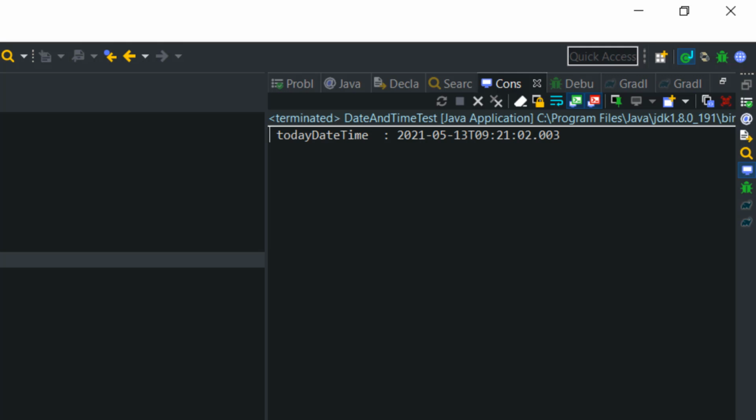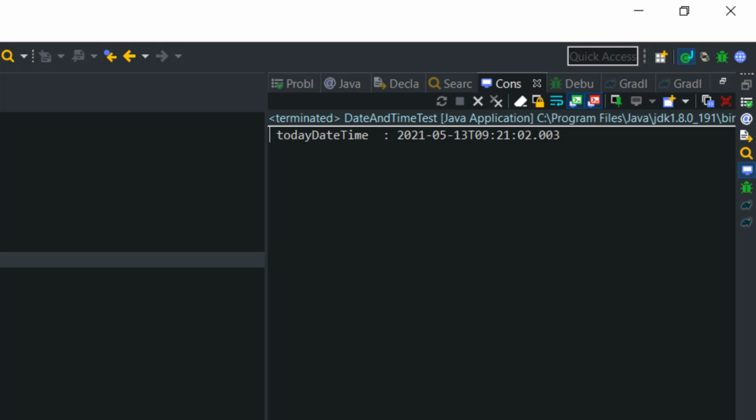You can see that it came as 2021 year, hyphen, 05 month of May, after that 13th, and after T, one alphabet is there, T, and after that it is represented as 9 hour colon 21 minutes colon again 02 seconds dot 003.